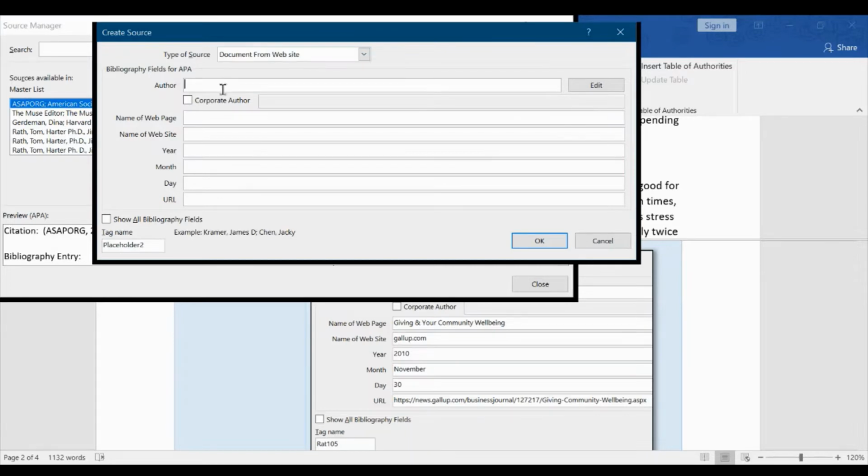The author was Wrath, Tom; Harder, PhD, Jim. And then the name of the web page was Giving and Your Community Well-Being. The name of the site was Gallup.com. The article came out in 2010, in November, on the 30th. And the URL,